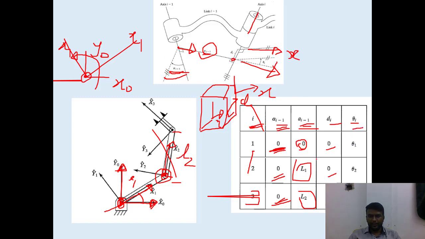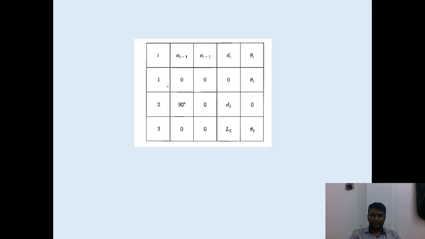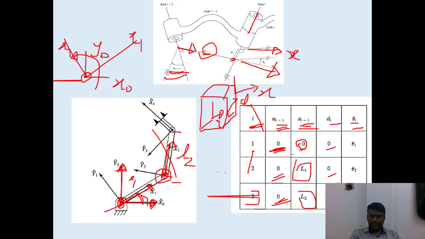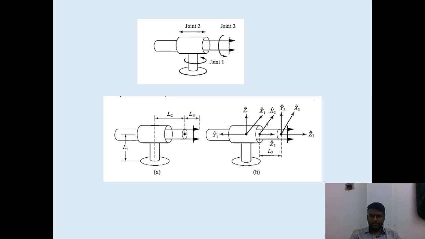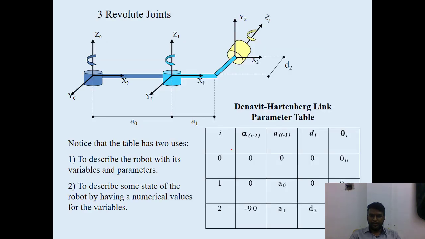Now when we talk about theta, when you reach point 1 there is an angle theta 1. Again there is joint angle theta 2, theta 3. This is simply the rotation of the link. Once you know this matrix, called the Denavit-Hartenberg matrix, what we need is just the information about theta 1, theta 2, theta 3 and the link lengths, and we can calculate the transformation matrix. Thereby we can calculate the final orientation and position of the end effector.